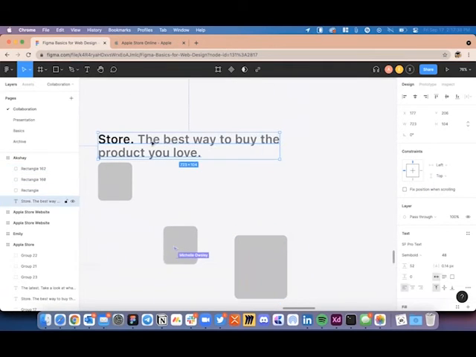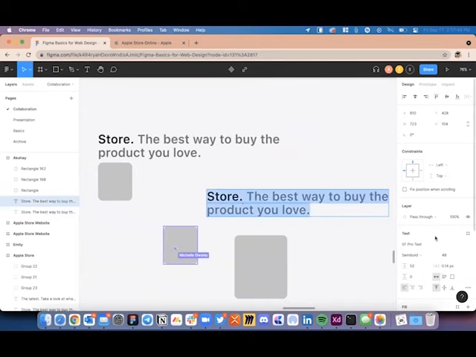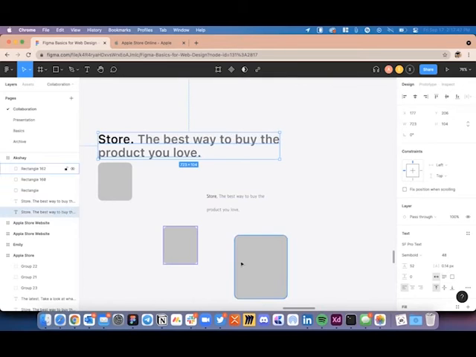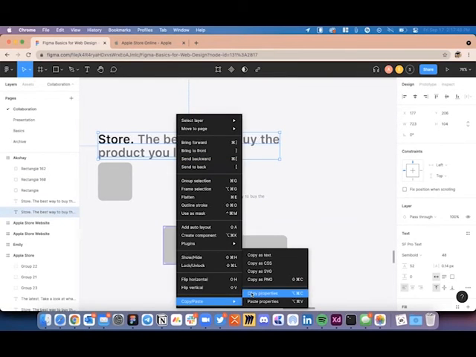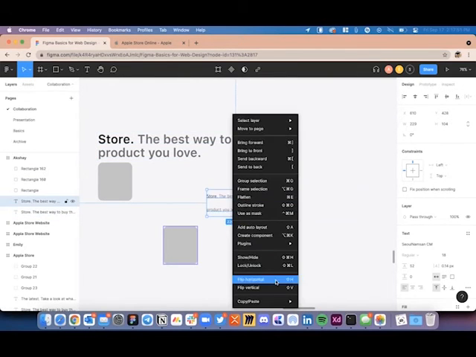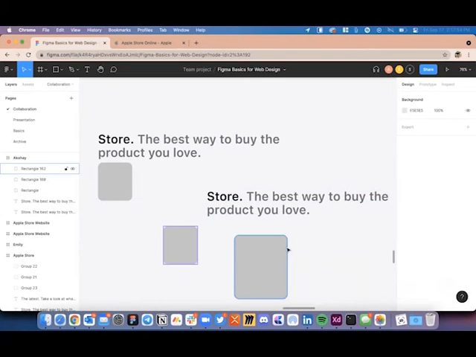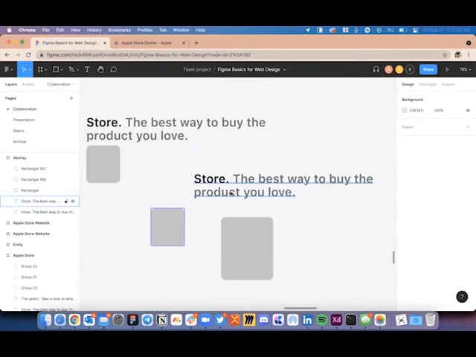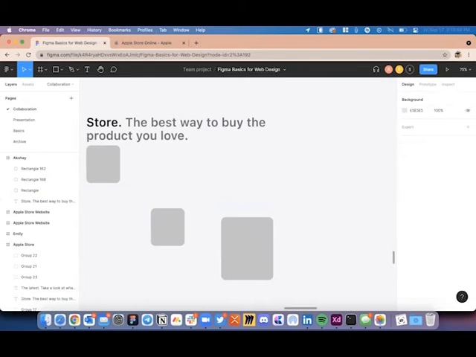Say, if I have created a different text, which has a completely different font and a completely different size, if I just copy the properties and paste it over here, it will automatically duplicate those same properties for this specific text layer.